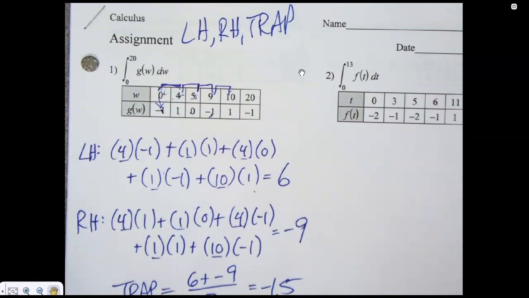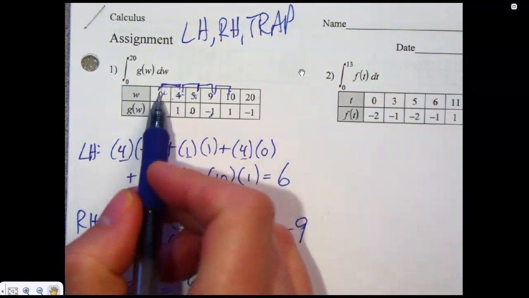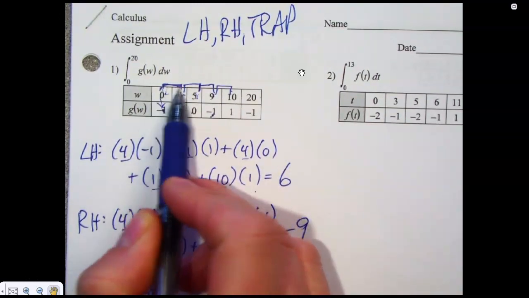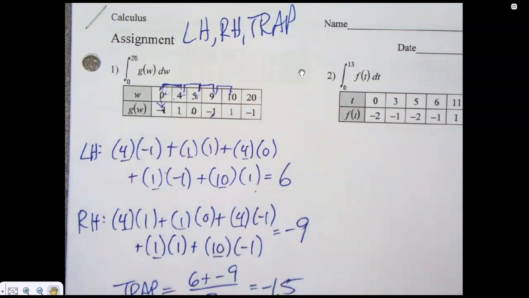Okay. There's a fourth method called midpoint. We could not do midpoint on this table. So for midpoint, what you would do, and we'll do it later, but I would go, okay, my first base is between 0 and 4. What's the midpoint of 0 and 4? 2, so I would look at 2 to find my y value. Well, I don't have that. So you need a lot of information to do a midpoint. Like you need all the points in the middle and everything. So they don't ask you that one very much, but they do. They do it enough that we